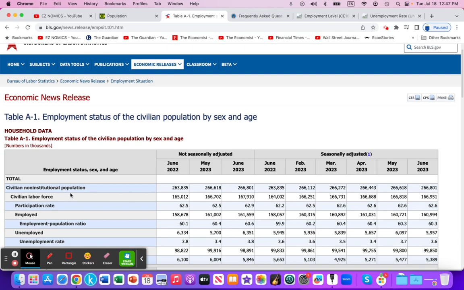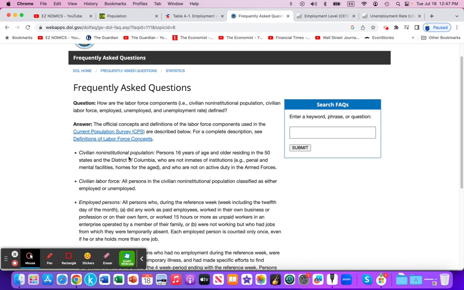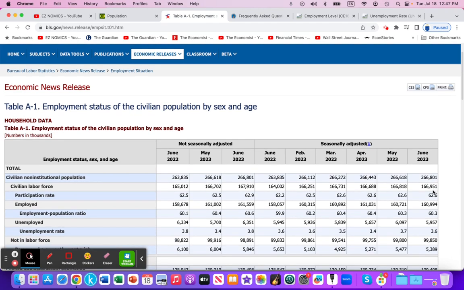And the civilian non-institutional population is specific to meaning this. Civilian non-institutional population are people above the age of 16 or older in the 50 states, plus the District of Columbia, that are not inmates of institutions, penal or mental facilities, homes for the aged, and who are not on active duty in the armed forces. So those above the age of 16 are part of the civilian non-institutional population, 266.801 million. But of that number, our labor force, those that are employed and unemployed, is only